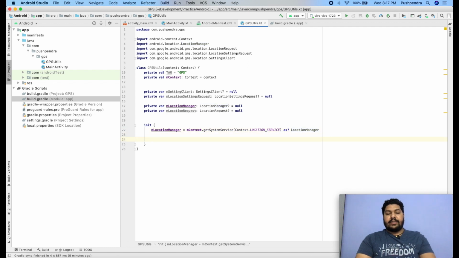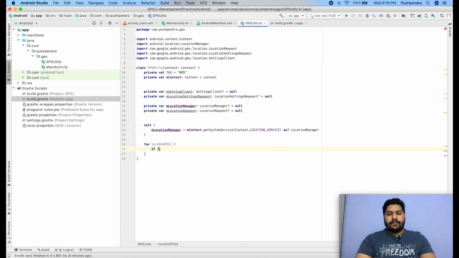Now from the location manager we will check whether our GPS is there or not. Okay, so for that I will create one function, turn on GPS. Inside this function we will check whether we have GPS or not in our device.